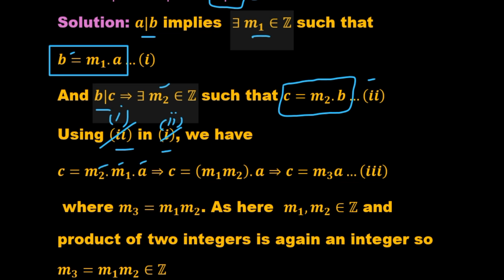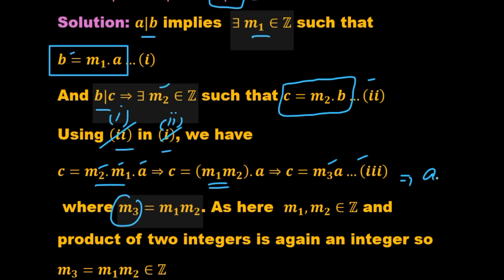As m1 and m2 both are integers, their product is also an integer. Say this integer is m3, so we can write it as C is equal to m3 into a. That shows A divides C,